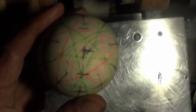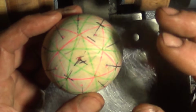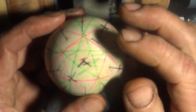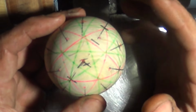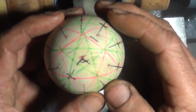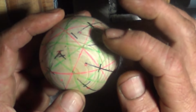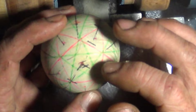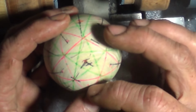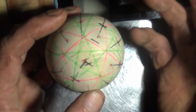Okay, this project's called 31 Great Circles. What it is, you get a sphere, and there's a way of putting 31 great circles on it, and you end up with all kinds of cool patterns in it. You've got six-sided stars, pentagrams, pentagons, bigger pentagons, even bigger pentagons inside pentagrams, and